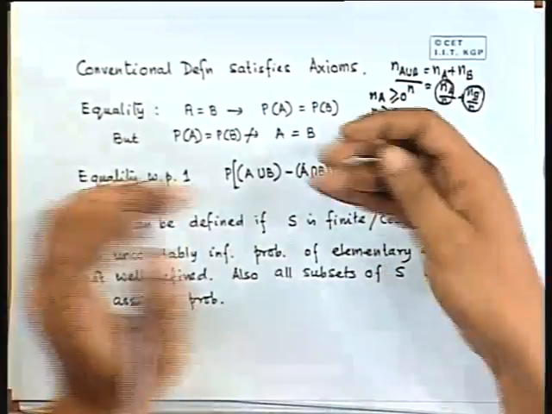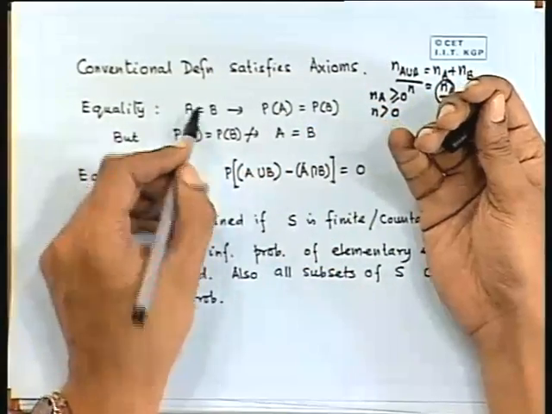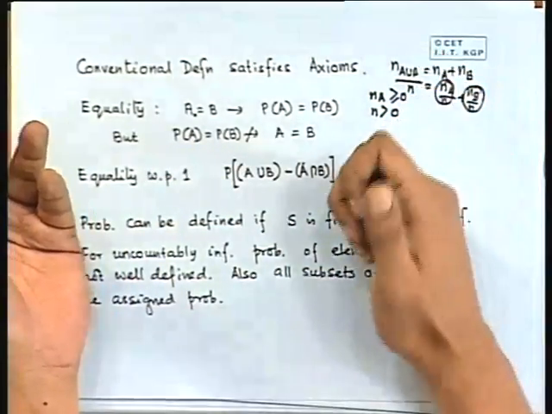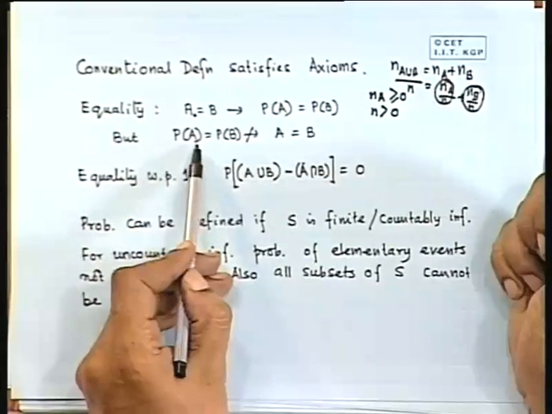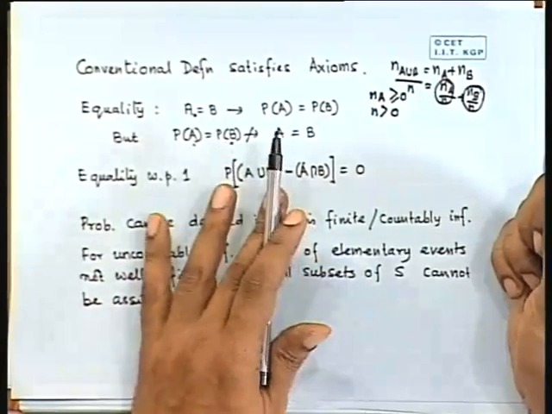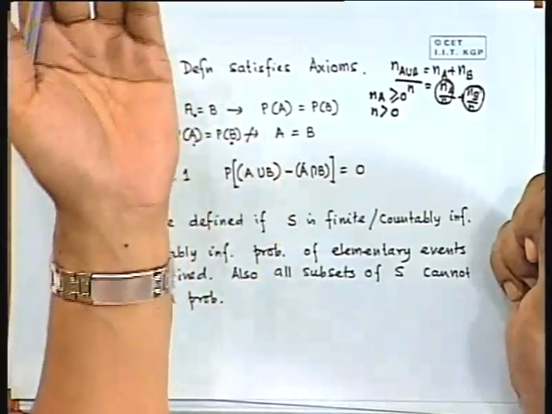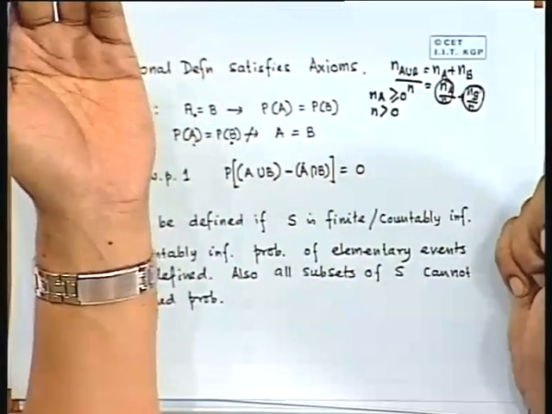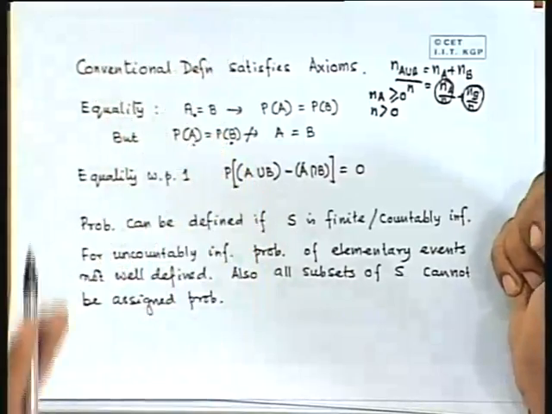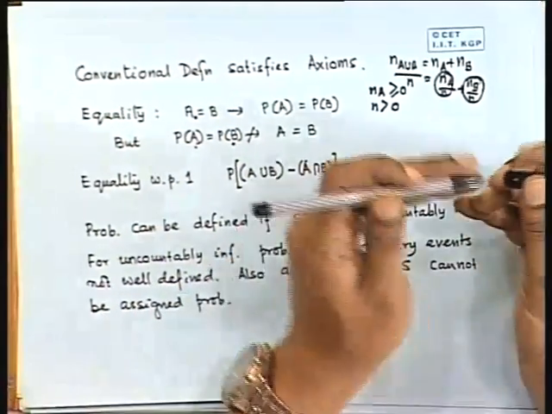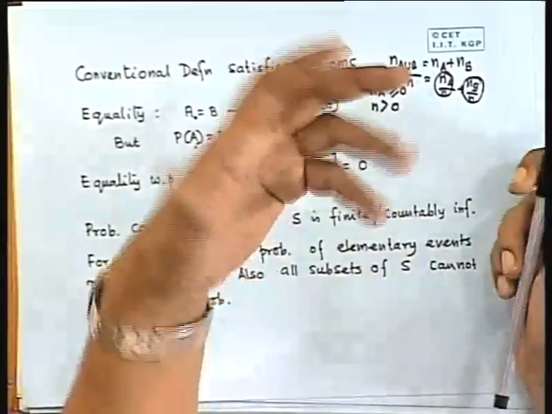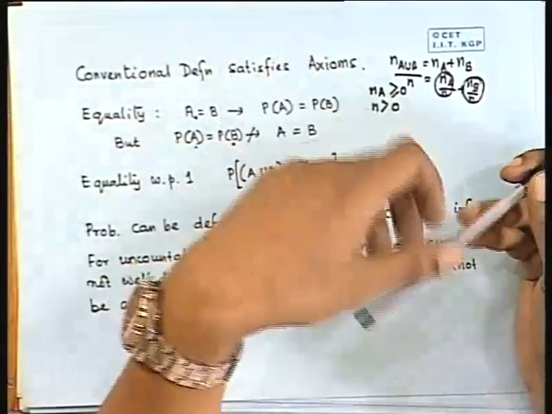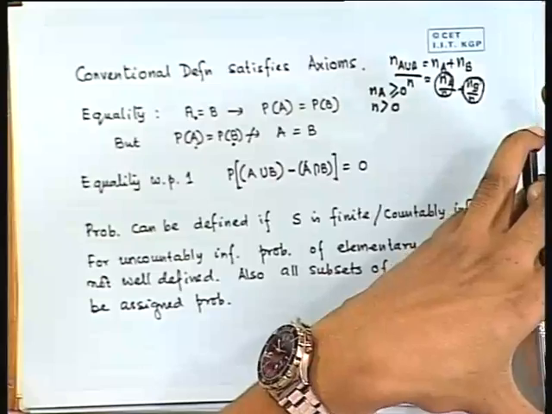Similarly, if two events are equal, obviously probability of A will be equal to probability of B, because it's a function, right? But probability of A equal to probability of B never implies that A is equal to B. Obviously, probability of {1, 2} and probability of {3, 4} are the same. Doesn't mean that the set {1, 2} is equal to the set {3, 4}. No question. But you can have two sets which are equal only in the sense of probability. So you can say that they are equal with probability 1. What does it mean?